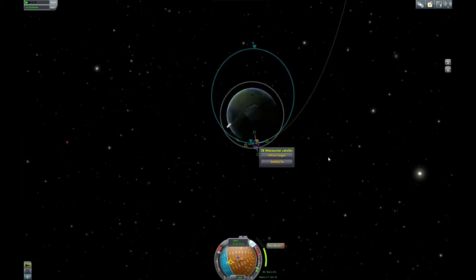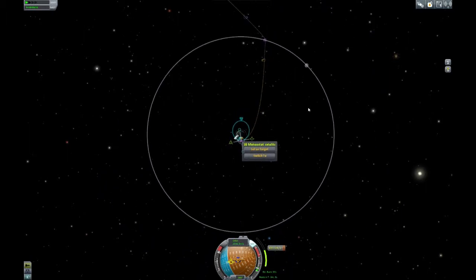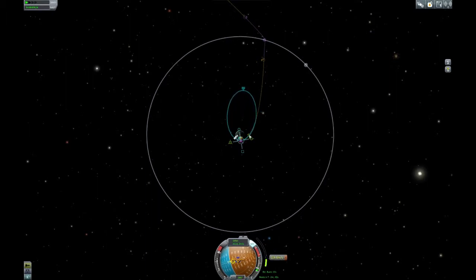Don't know. We should be safe now, but we're going to keep the burn going. Whether we'll be able to get into orbit or not is a good question. Just flung ourselves out into space, but we'll see. The actual encounter starts here and ends here, which should give us plenty of oomph to try and do a capture. So you can see us extending our apparatus out to reach out towards where the moon is. Staying on the blue. Just going to start slowing that down as we stretch out. You can see here we only need 100 and...